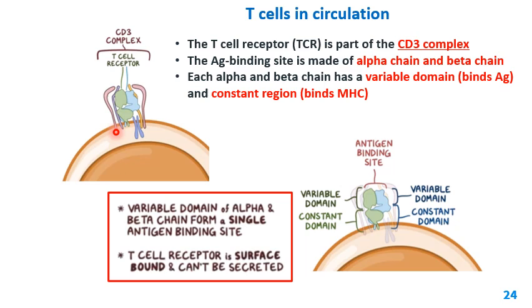And you're going to have a CD3 molecule that is complexing with alpha chain and beta chain that protrude to the cytoplasm. Remember the alpha chain and beta chain that are important for,